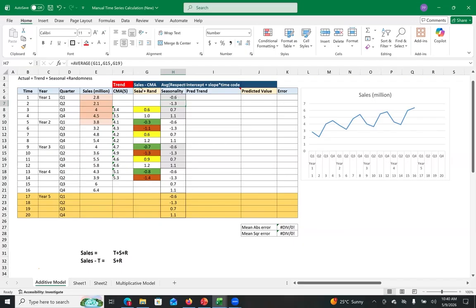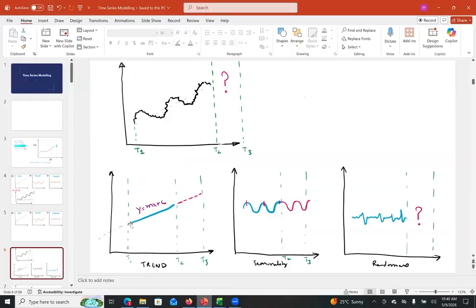Okay. Now we have a trend component as well. We have the seasonality component as well. And if I want, I can also get the randomness component out of it, but that will be useless because I'm not going to use it to make the prediction. So what is going to be the next step? You have this blue line. You have this blue curve again here as well. What should be the next step?